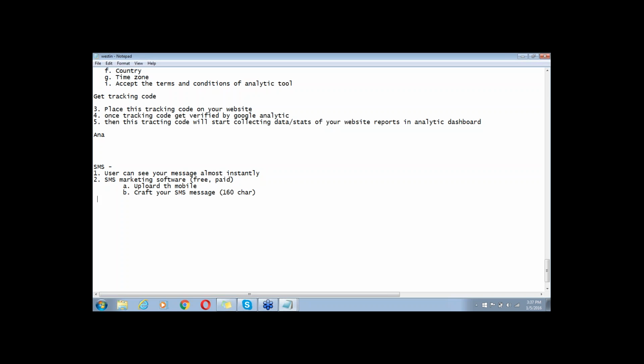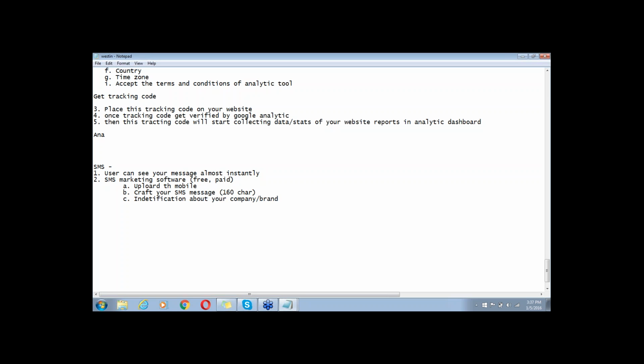And third, whenever you are sending an SMS, you have to include identification about your company or brand. If you are using the paid one, you have flexibility, you can use that identification in the sender's name.